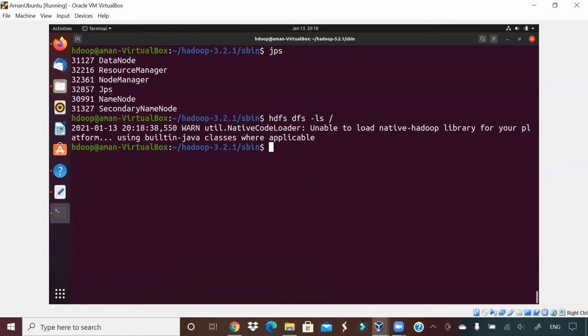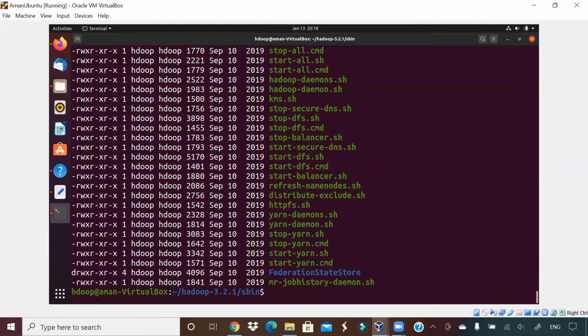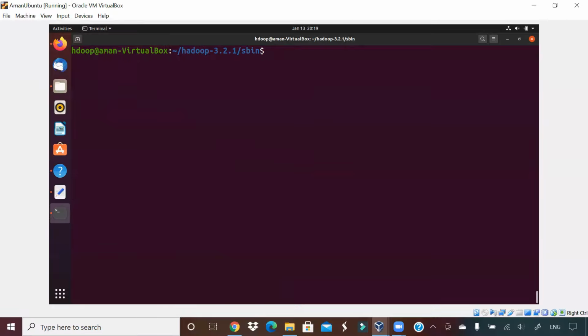Let me copy one file from my local. Okay, so how do I copy one file from my local? What all files I have? Let me do ls minus lrt for example, and okay, let me copy from Aman actually. So let me clear the screen first, and I can say hdfs dfs, put, which means take a file from my local machine and put that in Hadoop or HDFS.